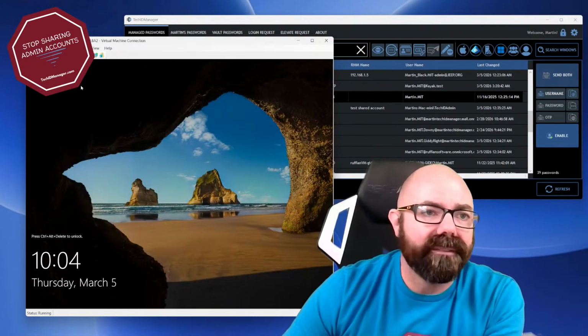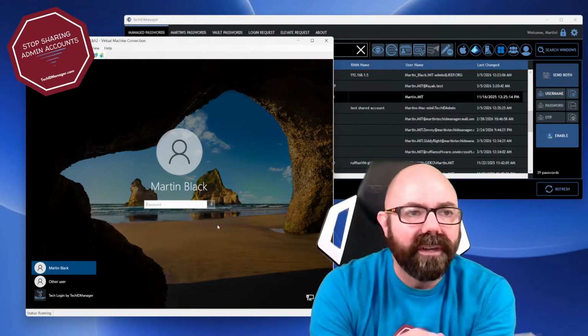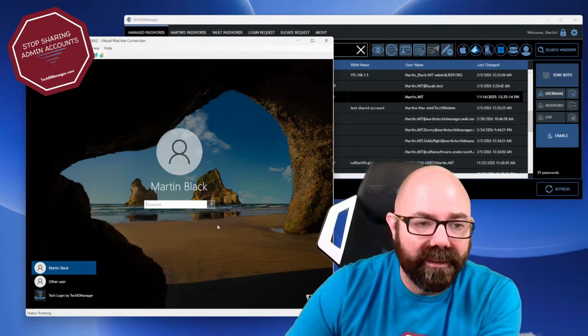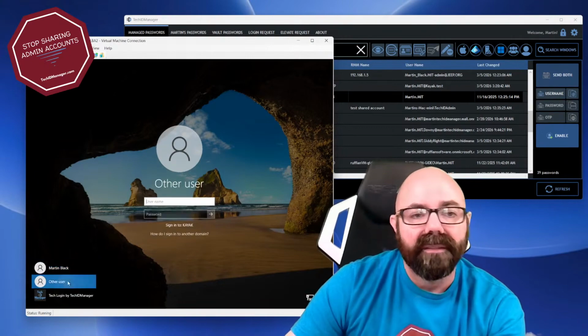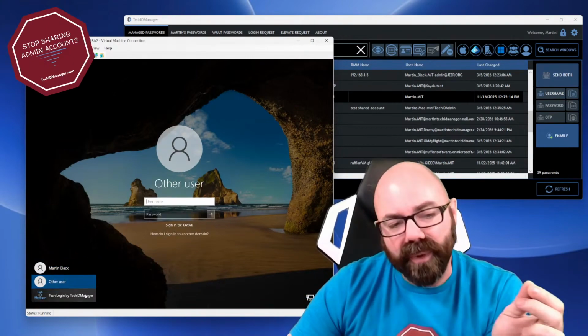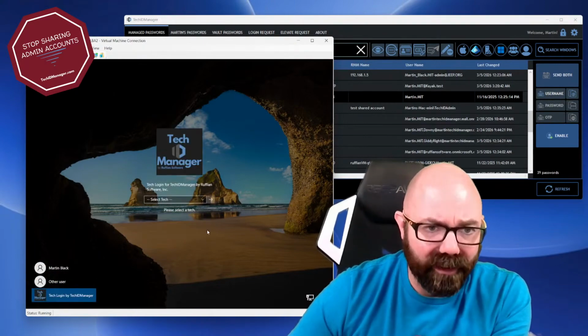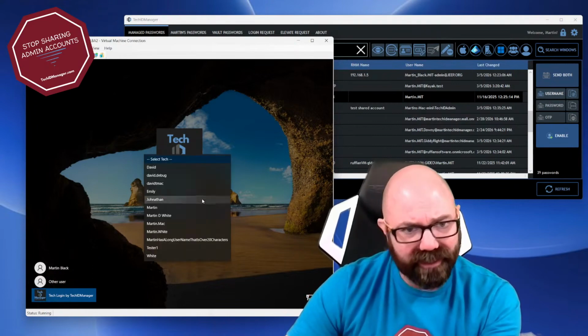What I have here is a virtual machine connected to a 2025 server, a DC. When I want to get logged into this machine, or any machine on this domain, as a technician, I come here and I'm faced with a login prompt. The nicest way that TechIDManager provides is this tile, the tech login tile. As a technician, I walk up to the machine, select this tile, and select my name